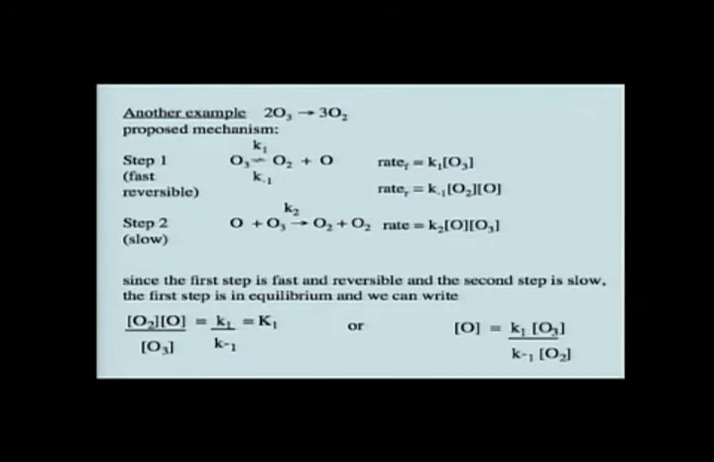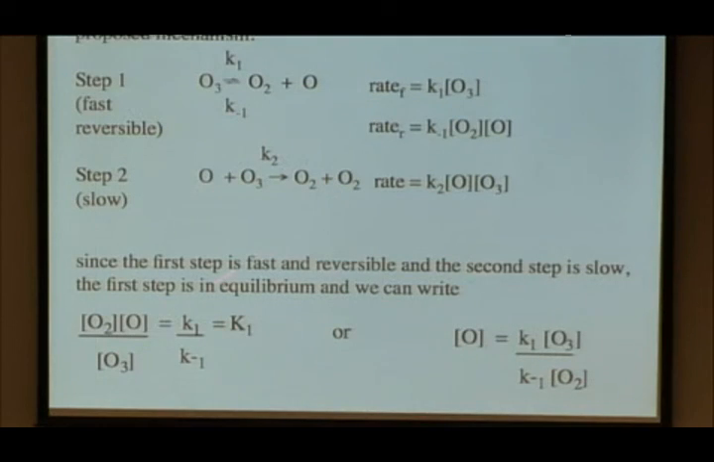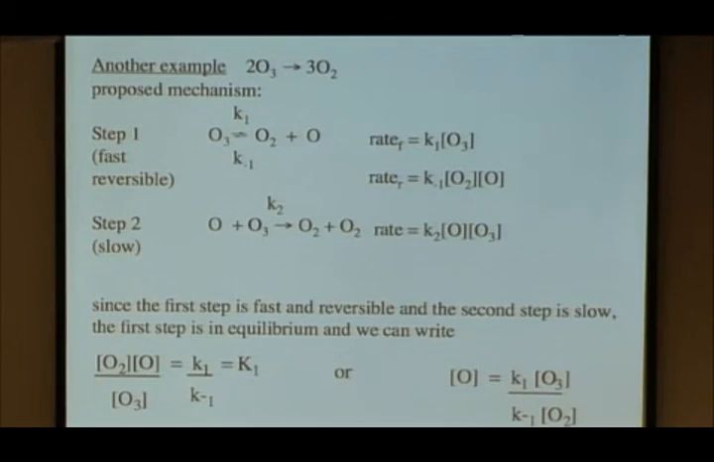So we can go ahead and write those. So for the first step, again, it's products over reactants. You can also express that in terms of rate constant K1 over rate constant K minus 1, and that's all equal to our big K, our equilibrium constant, K1. And so now we can solve